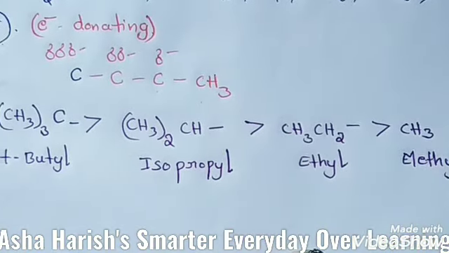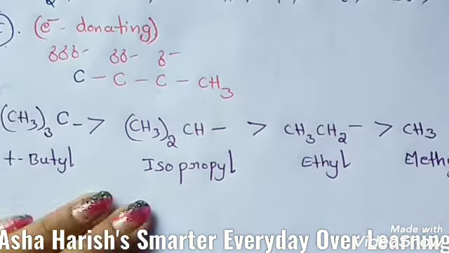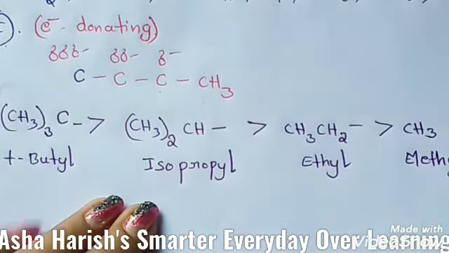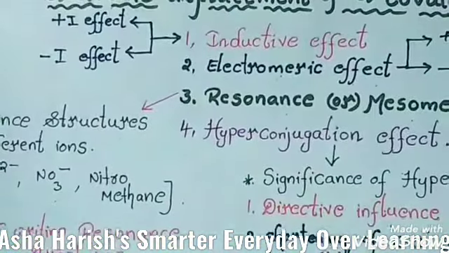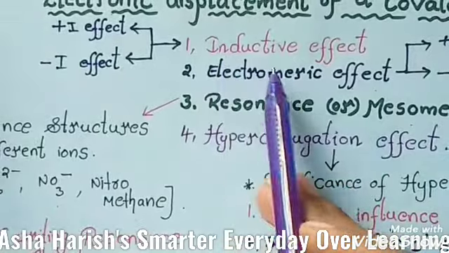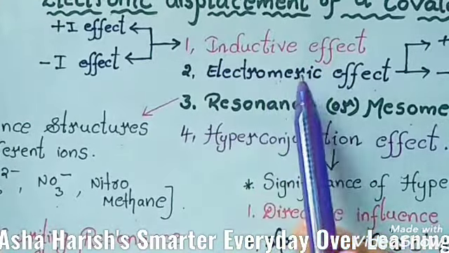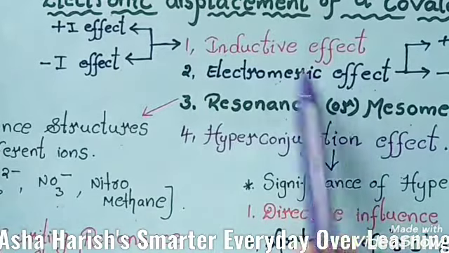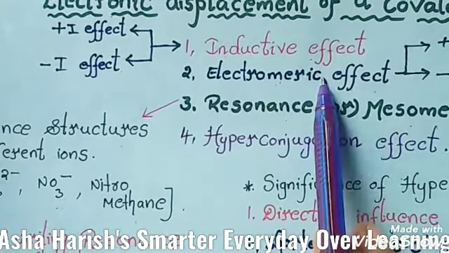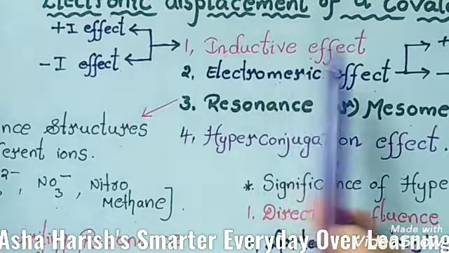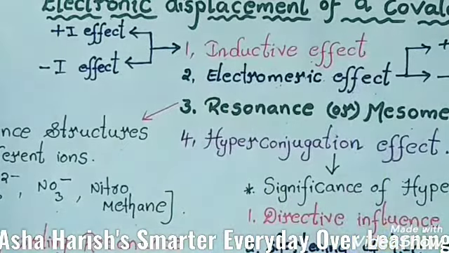Okay, this is the order, decreasing order of plus I effect. Inductive effect is a permanent effect, students. You can see the mind map here again, what I have drawn previously. Inductive effect is a permanent effect operating in the ground state of the organic molecules, and hence is responsible for high melting point, high boiling point and dipole moment of polar compounds. Okay, this is about complete information of inductive effect.